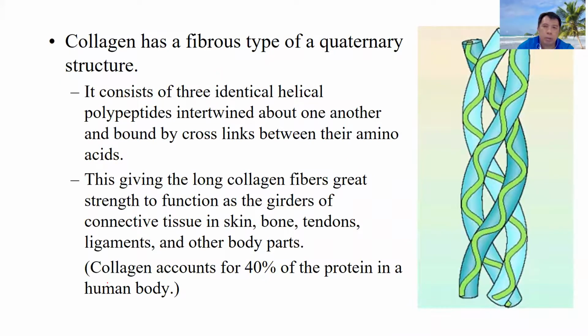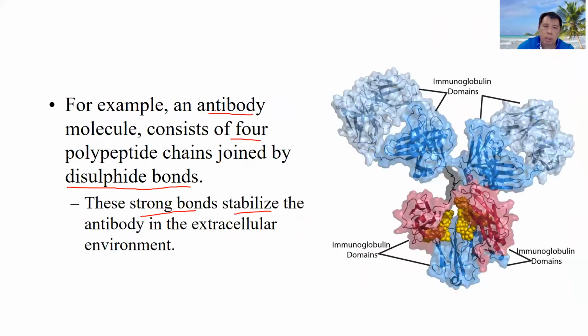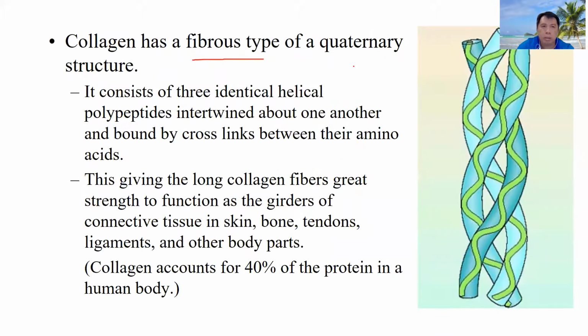Collagen also shows quaternary structure, but it is a fibrous protein. The hemoglobin and antibodies are globular proteins, while collagen is a fibrous protein that shows quaternary structure. It consists of three identical helical polypeptides that intertwine about one another by cross links. Here they have the cross link, the disulfide